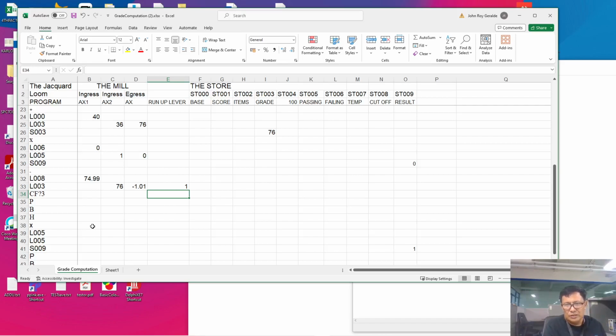Otherwise, it will be set to 0 or reset. Now we follow with a combinational card. CF question mark 3. CF means count forward only if the run-up lever is 1. How many times do we jump? 3 times. Now, since the run-up lever is 1, in this case, we will skip the next 3 lines, 1,